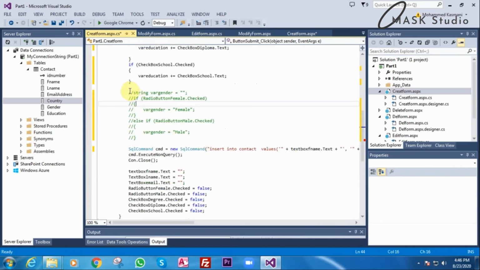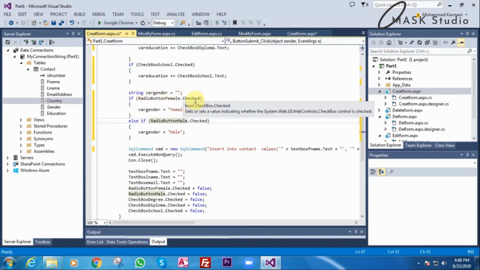Now we are going to the gender. In the gender we have either male or female. For that, what I did: first of all I give the string var gender is equal to space. If radio button female dot checked, var gender is equal to female.